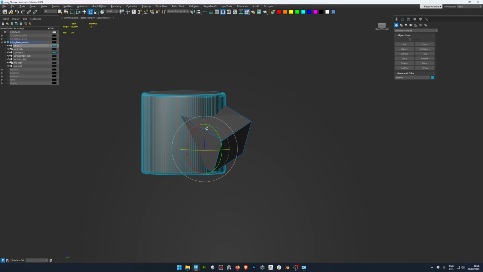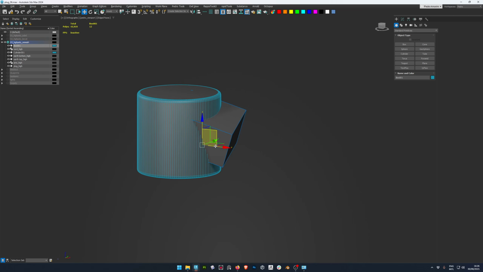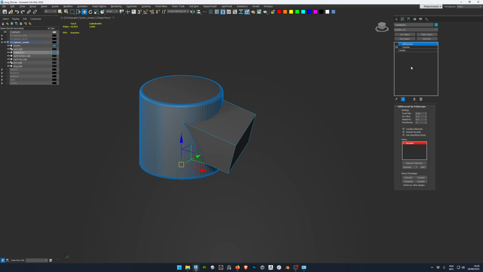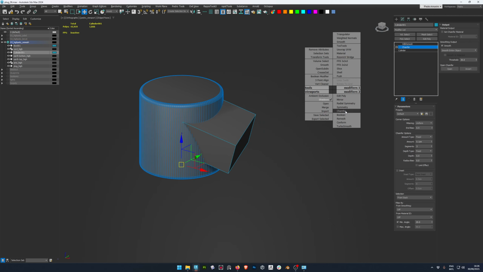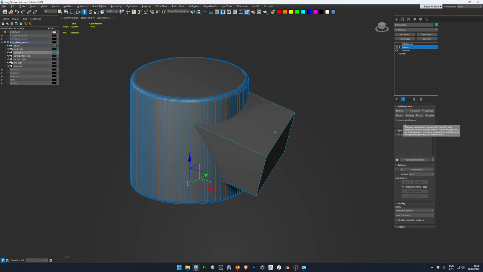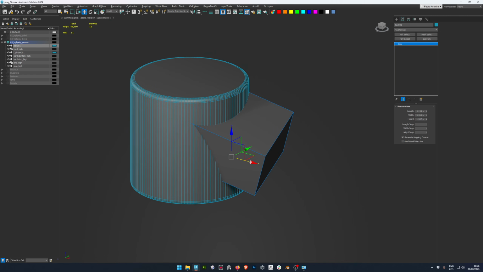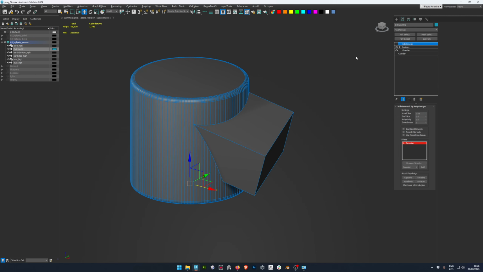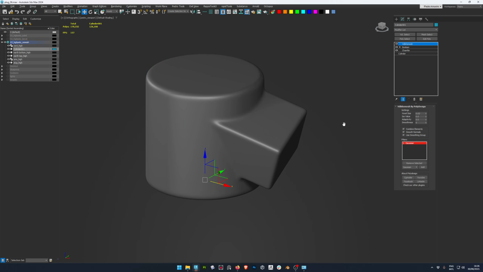You intersect it this way with this cylinder. Now if I turn on the remesh, I can